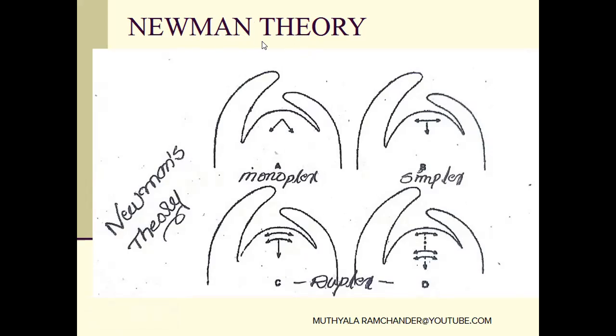According to Newman, on the terminal part of the shoot apex, plex tissues are present in three ways: one is monoplex, the second is simplex, and the third is duplex. Monoplex belongs to the pteridophyta shoot terminal part. On the terminal part, only a single tetrahedral cell is present. It contains four phases, and the four phases rapidly participate in division. They develop into a mass of tissues, which develop into epidermis, dermatogen, periblem, cortex, pleroma, and vascular portion. This theory is accepted in pteridophyta plants.